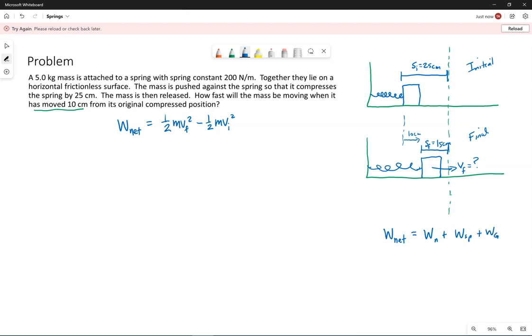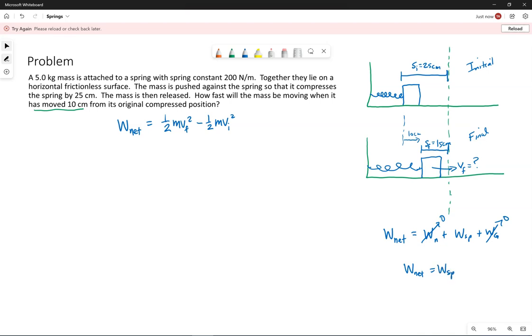So we mean the work done by all of the forces acting during this motion. But the normal force and gravity are not doing work simply because they are perpendicular to the motion. So the net work done is the work done by the spring,